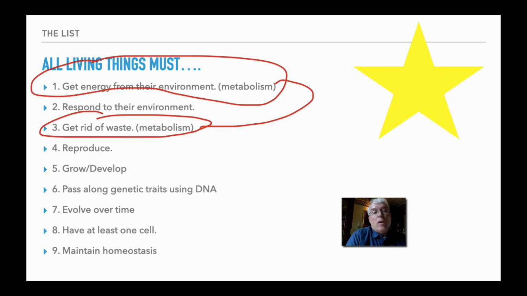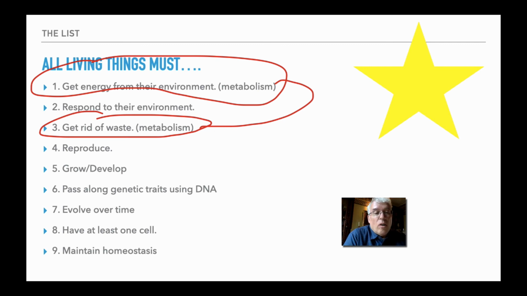Okay, number 4, all living things must reproduce as part of a population. So just remember, reproduction is the one that's a little different. Not everybody has to reproduce. Somebody does though, so extinction doesn't happen. Number 5, growth and development. All living things grow as they gain biomass. Some living things with more than one cell, for example, humans and trees and dogs and cats, they develop. For example, puberty. Humans go through a developmental phase we call puberty, which is part of our growth and development.